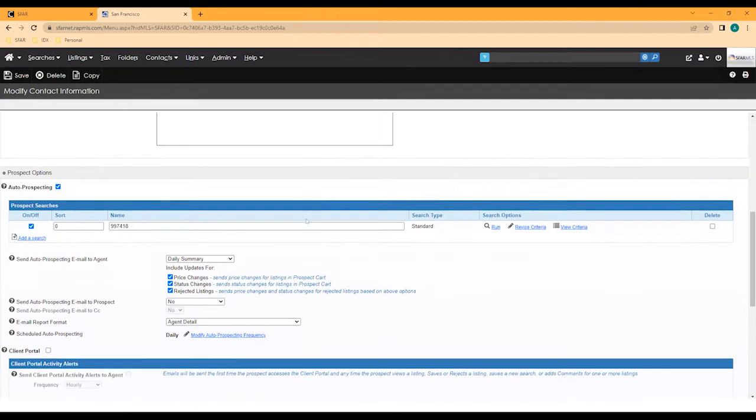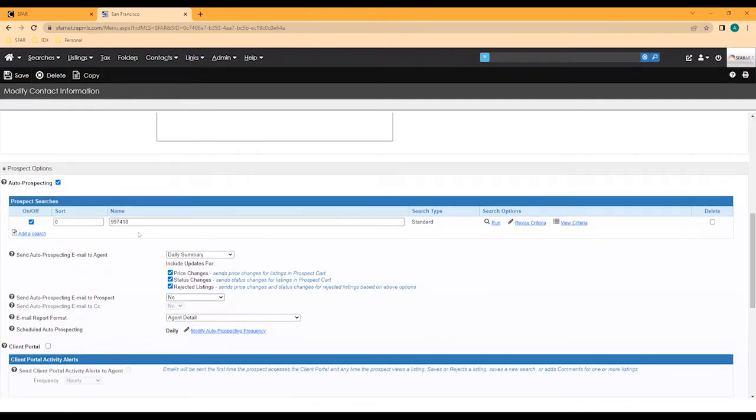Now the next thing is you have prospect searches under here. And this is going to label your prospect as a number. This way there's no contact information if you want to sign them up for reverse prospecting. And what reverse prospecting is, if there's a client out there trying to get buyers for their property,